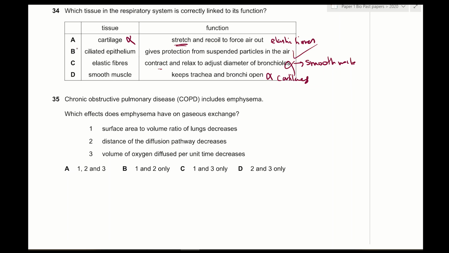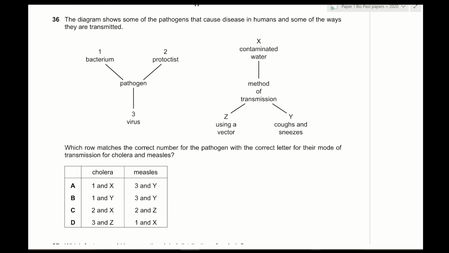Therefore, the correct answer is going to be B. Number 36, the diagram shows some of the pathogens that cause disease in humans and some of the ways they are transmitted. Which row matches the correct number for the pathogen with the correct letter for their mode of transmission